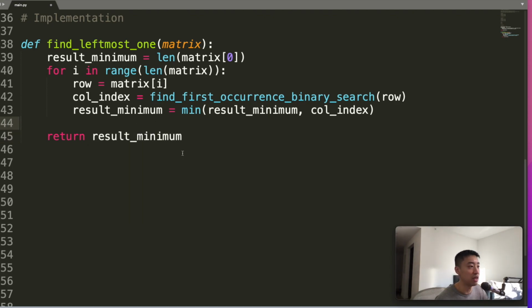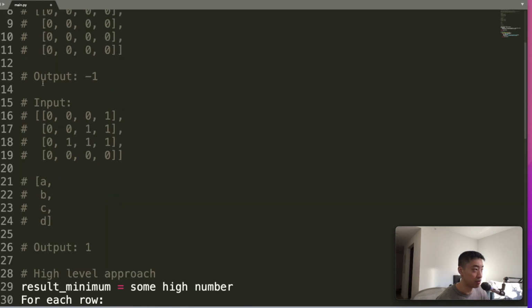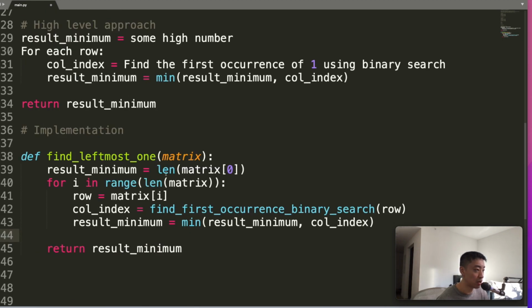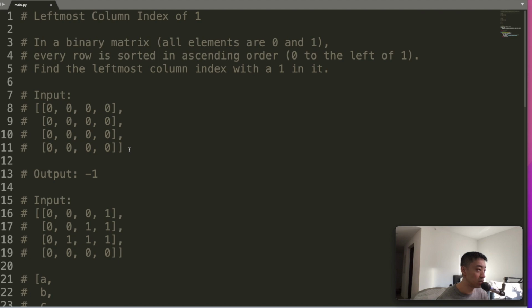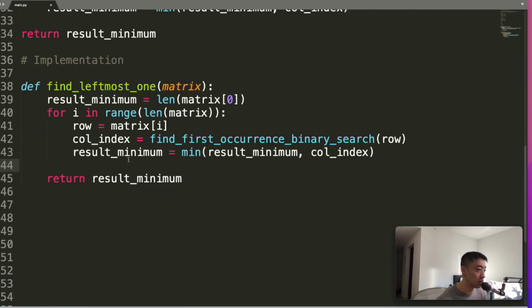Okay, so now we can think about what happens if it's all zeros. Well, what happens if it's all zeros? You can think, what is this going to return? Because this dictates what we do in the case that's all zero. Actually, maybe in this case, when we do the binary search for each row, if the row has all zeros, again, we're going over the case where it's all zeros. So if each row has all zeros, that means